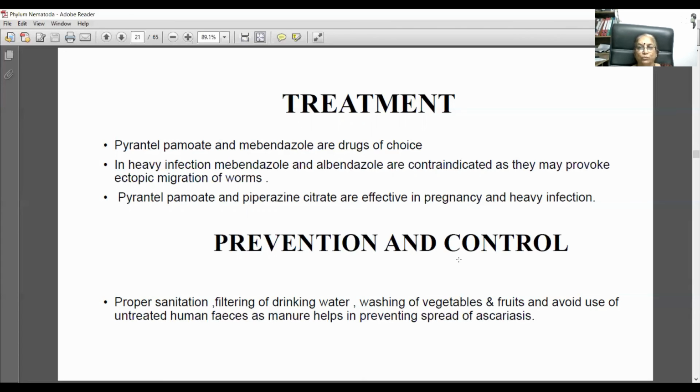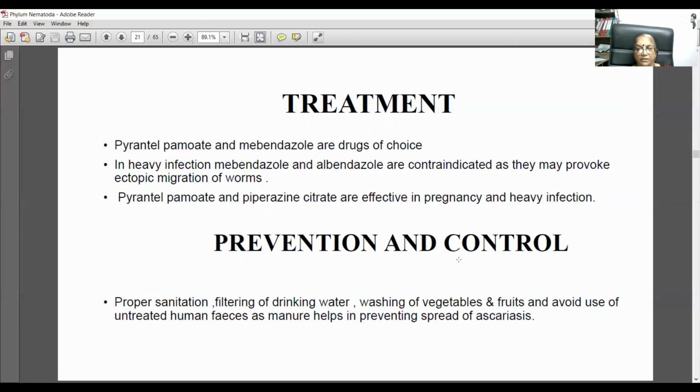Whatever your shoes, chappals, everything that has been soiled outside should not be brought into the house. They should be removed outside, because these are the most